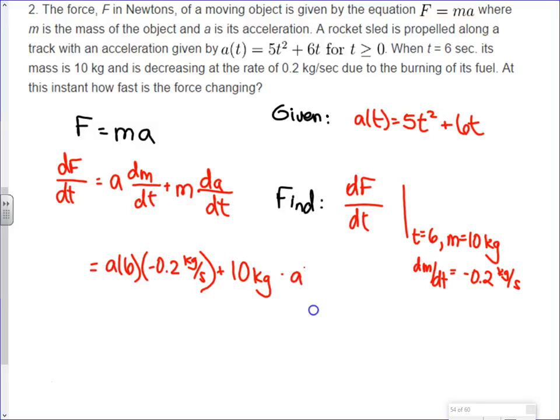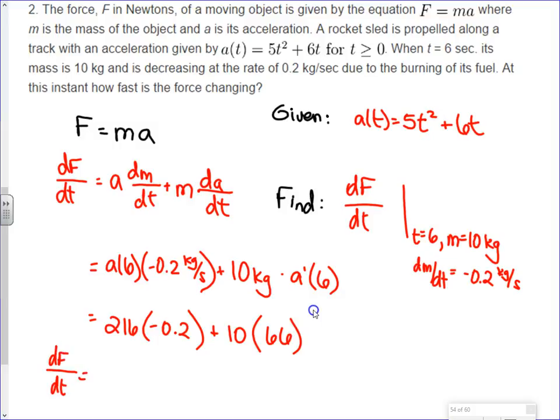What's a jerk? You never really explained that. Triple derivative of position, second derivative of velocity, first derivative of acceleration. It's how the acceleration is changing. Okay. And then we just derive and plug in. So then A of 6, anybody plugged and chugged yet? 260? A prime is equal to 10t plus 6, plugging in 6, would be 66, yeah? So our final answer for dF/dt, which should be measured in newtons per second, ends up equaling